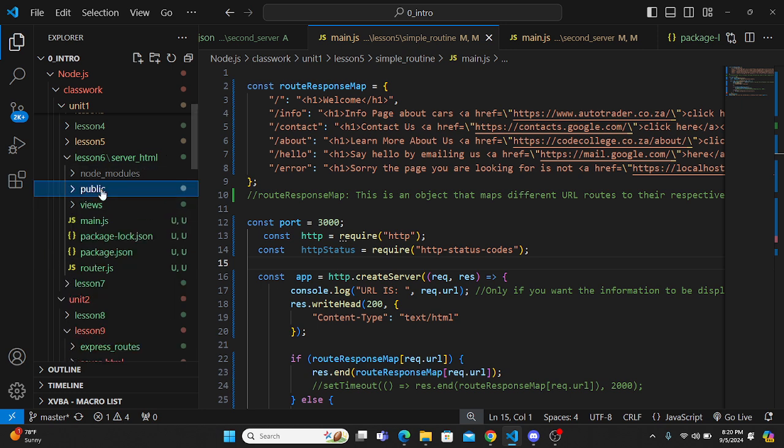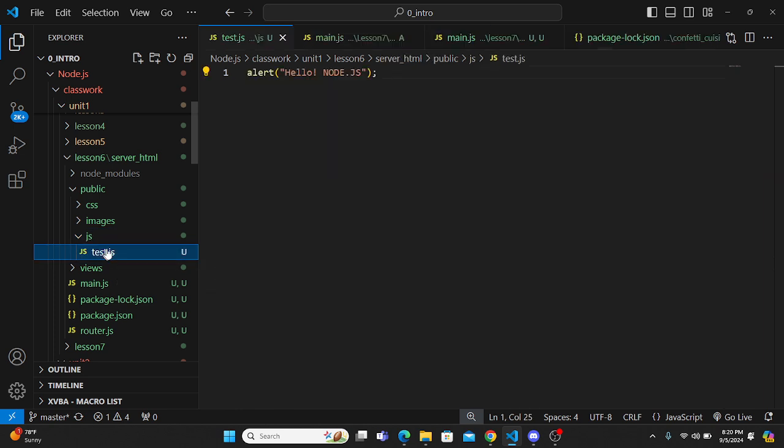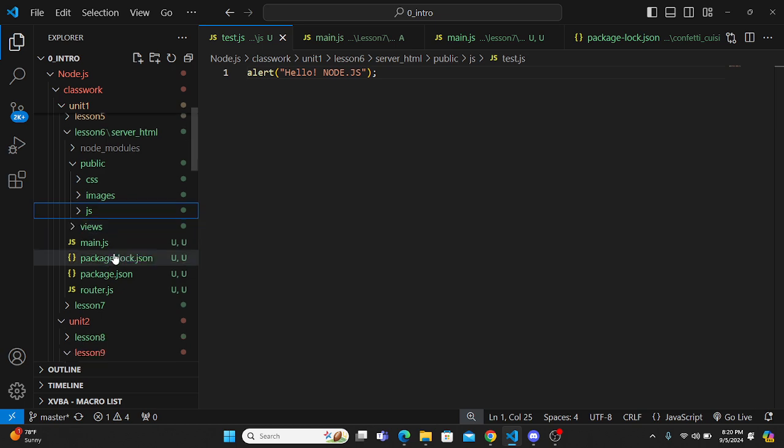I'm not going to explain the CSS because it's just a picture, and the CSS and the JSON. This one I will try to explain. It only has alert hello node.js. That's the only thing in test.js. And then under the views we have